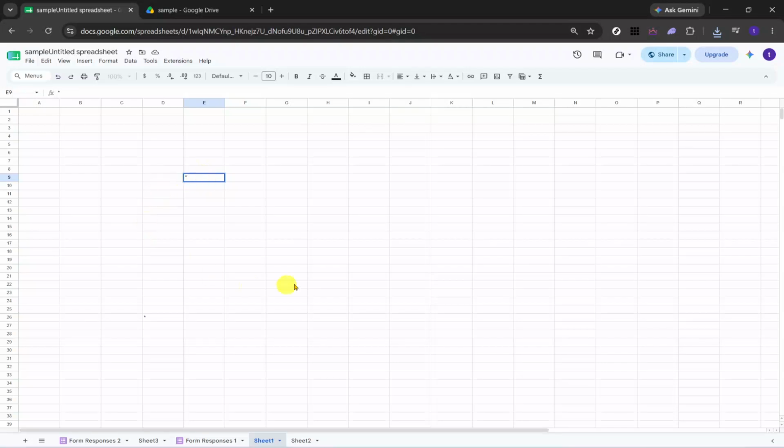Hello, today we will guide you through how to insert PDF links inside cells in Google Sheets. In this walkthrough, you'll learn a quick and simple way to place a clickable PDF link directly inside a cell using Google Sheets' Smart Chip feature. This is especially useful when you want your spreadsheet to stay organized while still giving easy access to supporting documents